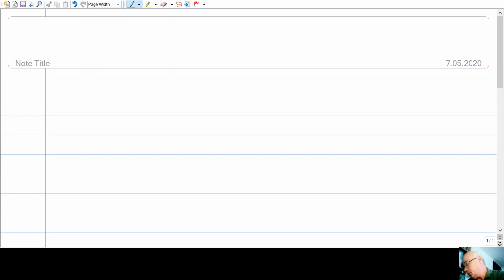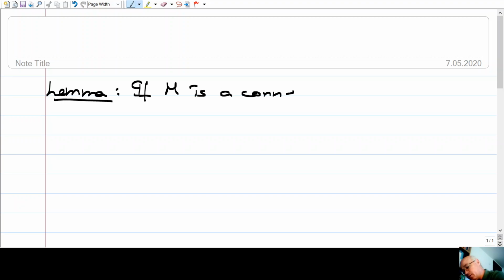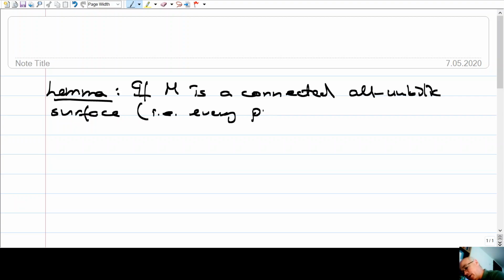Today I'll start with the lemma we stated and proved last time. For the sake of completeness, I will state it here one more time. It was this: if M is a connected all umbilic surface, this means all the points of M, in other words, every point of M is umbilic,